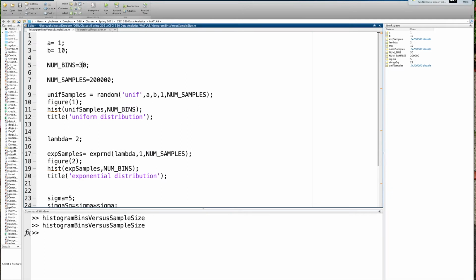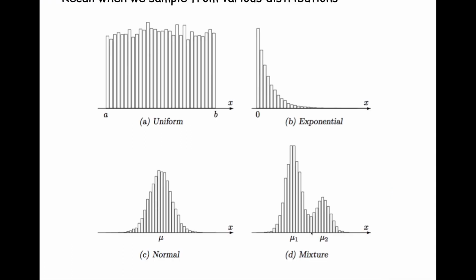All right, so let's go back to PowerPoint. I'll meet you in PowerPoint. So we're in PowerPoint, and this is just a takeaway that something as simple as a histogram will give you a good visualization, but you want to consider how many bins are appropriate and also think about how many samples you have, because if the samples are too few, this histogram is not going to give you a very good